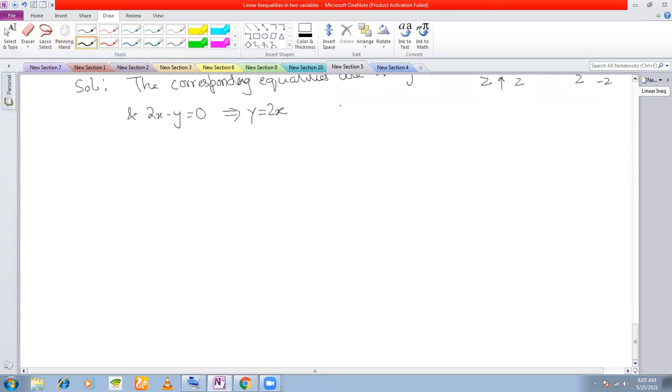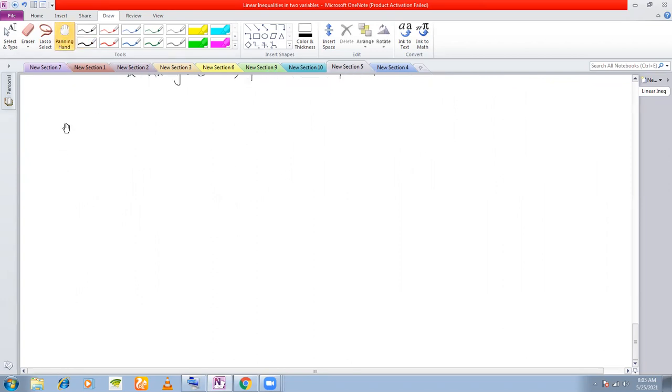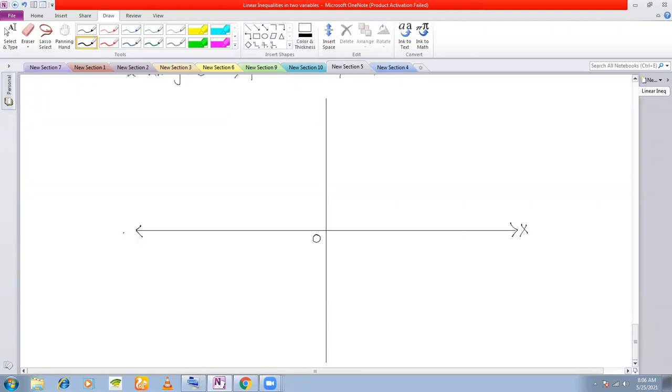And how will you graph this one? Y is equal to 2x. You just take the 3 points and graph them. X, y. Take minus 1, 0, and 1. So this is minus 2, 0, 2. That's it. Now, if you plot these points,